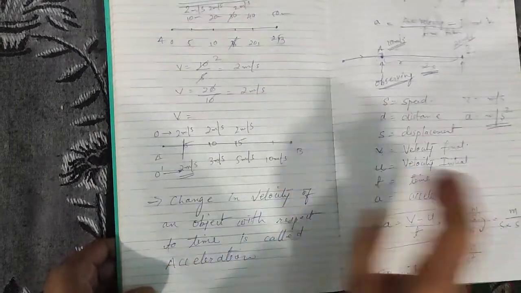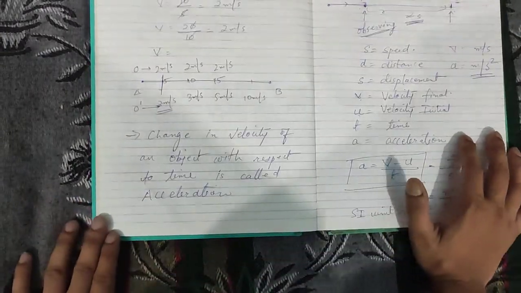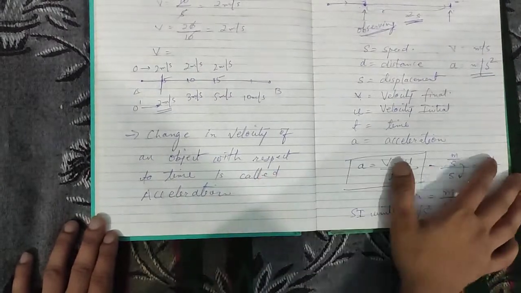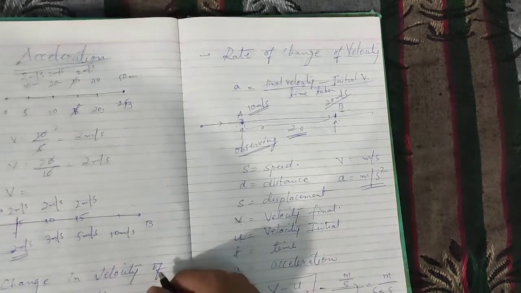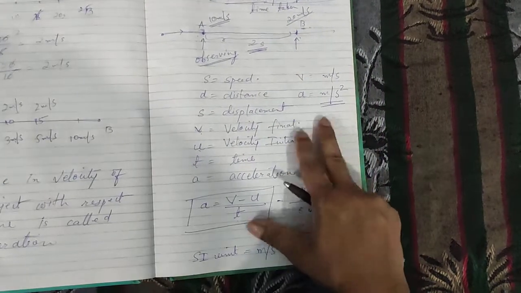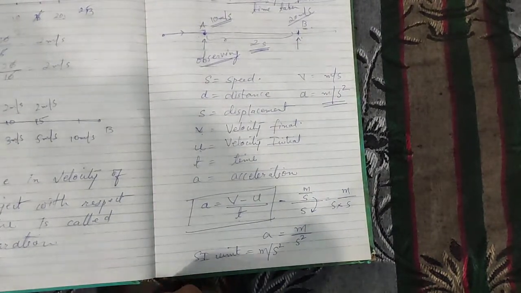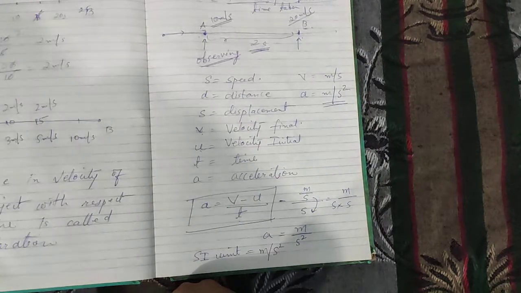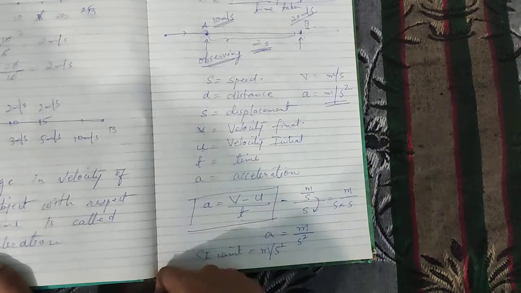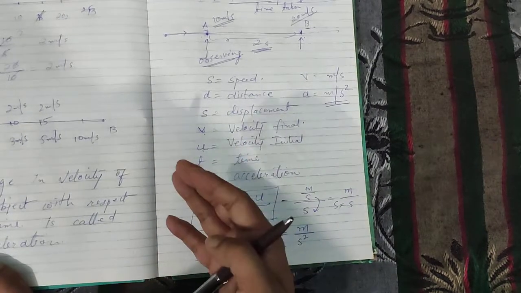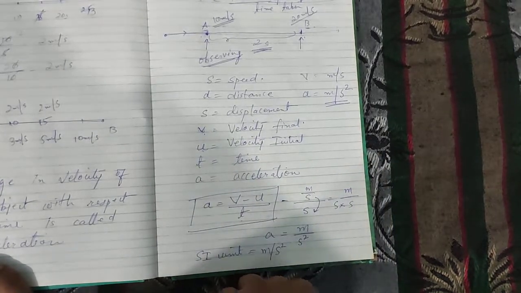We will revise once again what we studied today. Acceleration is the change in the velocity of an object with respect to time. Or you can say the rate of change of velocity is called acceleration. Its SI unit is meters per second square. We will talk more about acceleration in the next video, because it also has subdivisions like before. Like in motion, we had uniform motion and non-uniform motion. In the same way, for acceleration also we have uniform acceleration and non-uniform acceleration. So we'll talk more about that in the next video.